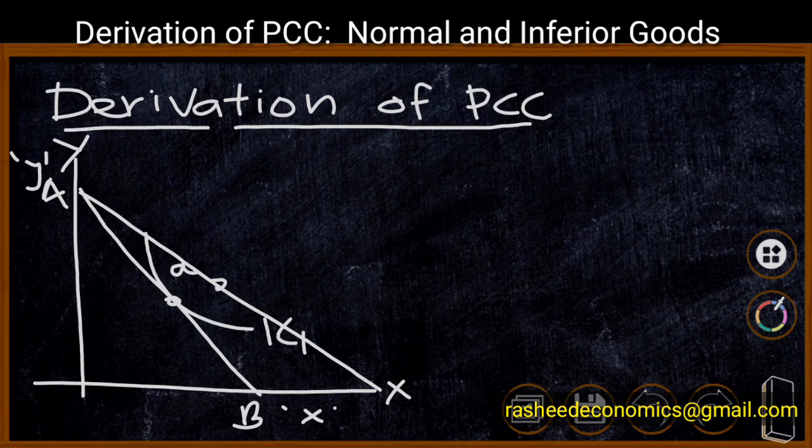Here we can also identify a new equilibrium point. Initially the equilibrium point was point A. When the price of X decreases, point A became inferior, and the consumer will have to find a new equilibrium point. That point is identified at the tangency point of a higher indifference curve IC2, and that equilibrium point is point B. Here we can see that the amount of consumption of X has increased.